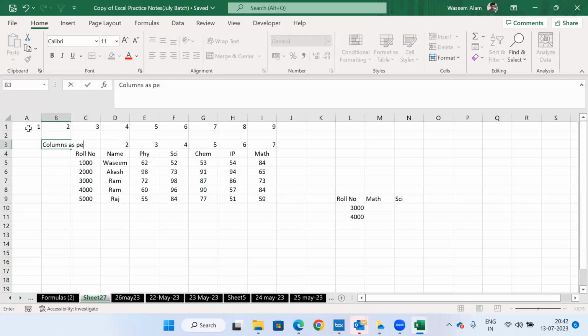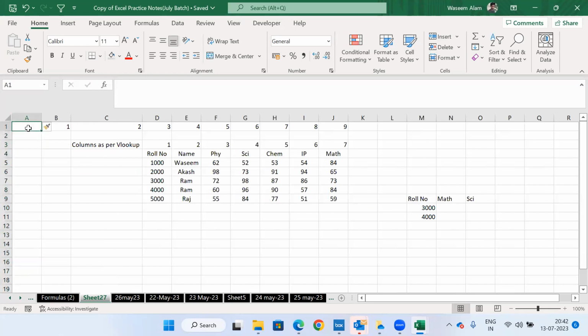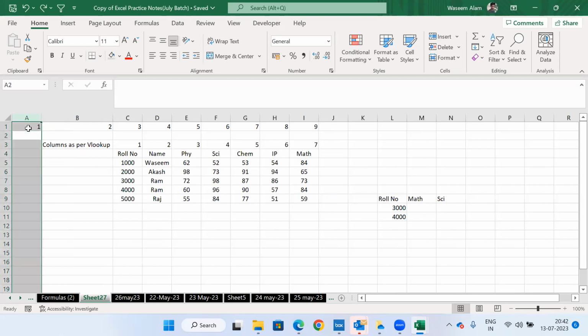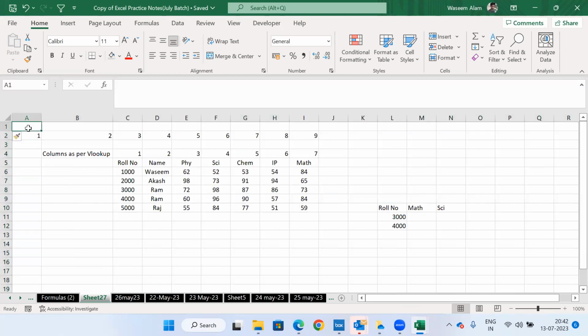Columns as per VLOOKUP, columns as per Excel, columns as per VLOOKUP,